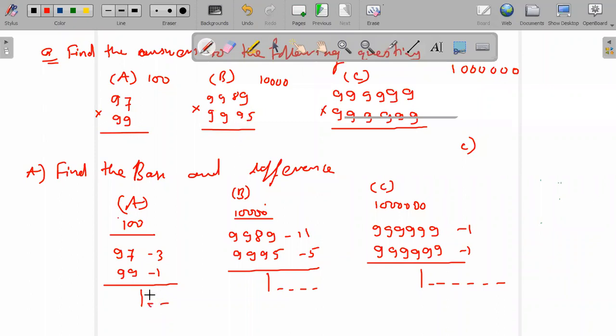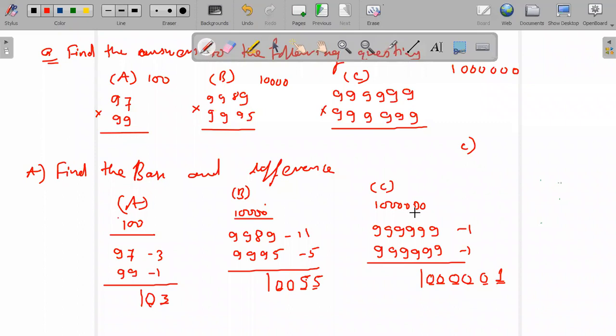We have to write it in 2 digits. How to write it in 2 digits? I have to write 0, 3. Now, what about this one? Minus 11 minus 5. It will be 55. Write it in 4 digits: 0, 0, 5, 5. Okay, 0, 0, 5, 5 will be there. Now here again, 0, 0, 0, 0, 0, 0, 0, 1 will be there. Okay, so this is the third step, right?